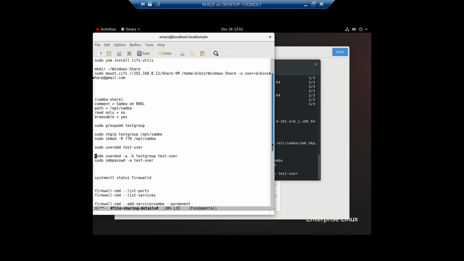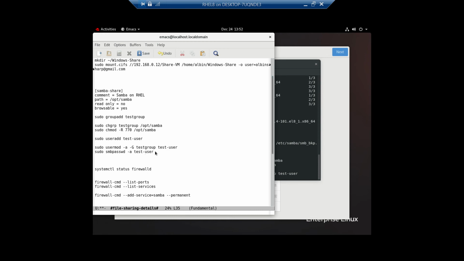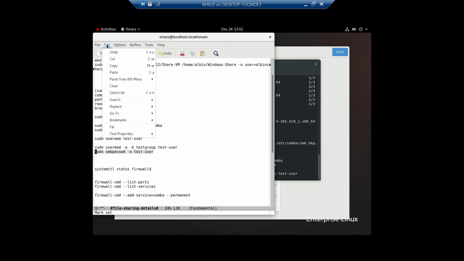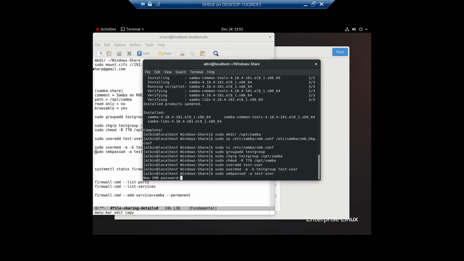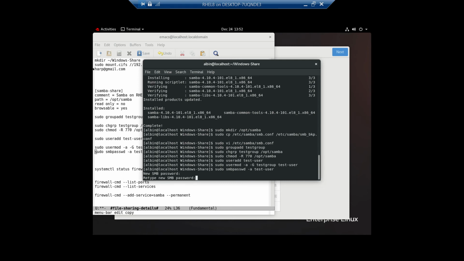You can use this command, smbpasswd, and add that specific user we created, test-user. You need to provide a password. This username and password will be used in the Windows system. Okay, the user is added now.